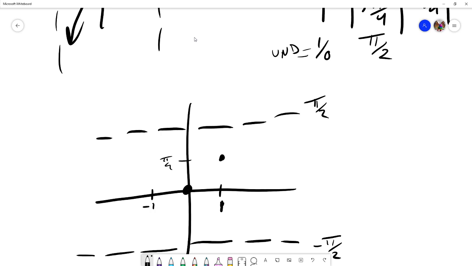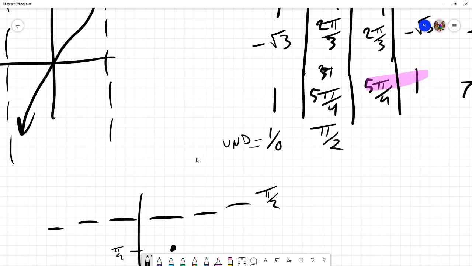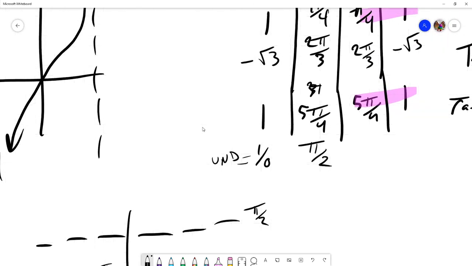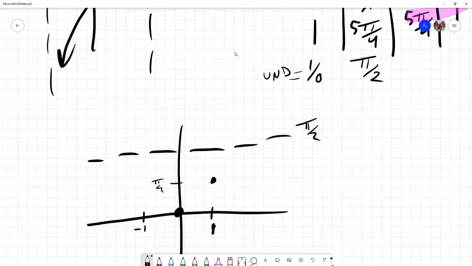What happens if I plug a negative 1 in? We can get out, say, 3 pi over 4, 7 pi over 4. Those are possible, right? If you plug in 3 pi over 4, 7 pi over 4, you get out negative 1. But if we look at our graph here,